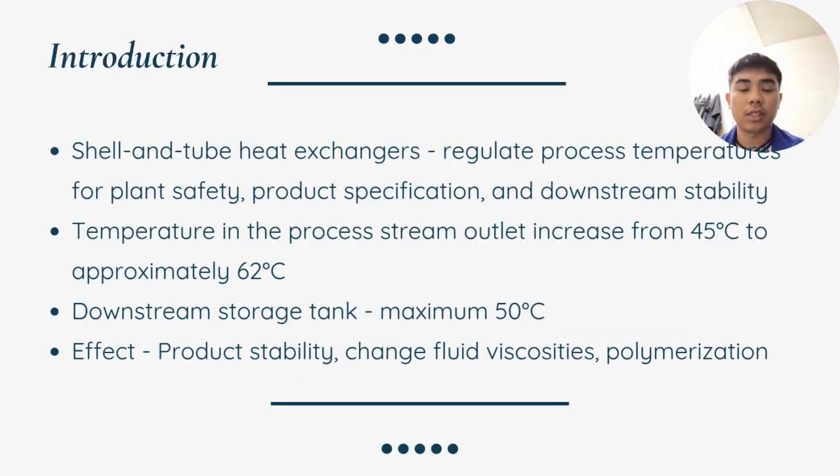Let's jump into our introduction. In chemical process industries, shell and tube heat exchangers are vital units used to control process temperatures for downstream stability, product specification, and plant safety. A prime example in our case is heat exchanger E203, which is specifically tasked with reducing a process stream's temperature from 95 to 45 degrees Celsius. This cooling phase is critical. The downstream storage tank possesses a strict maximum allowable inlet limit of 50 degrees Celsius, and exceeding this boundary presents